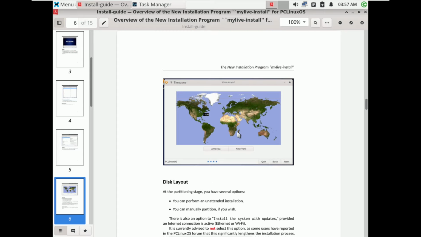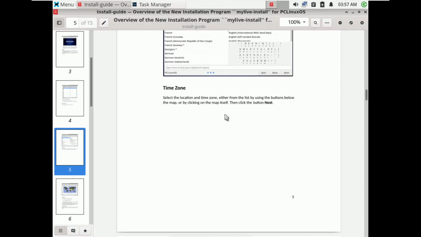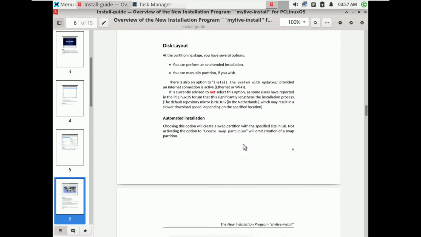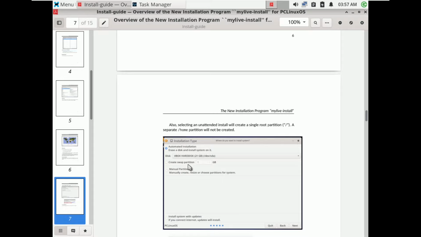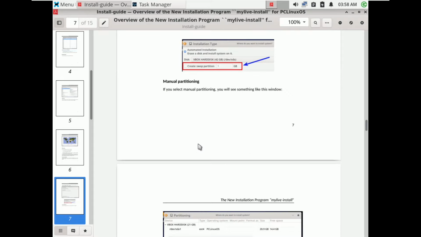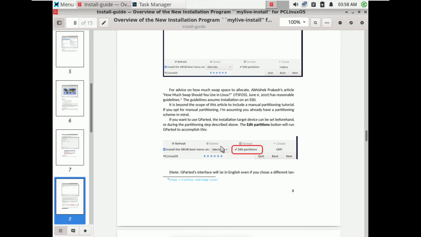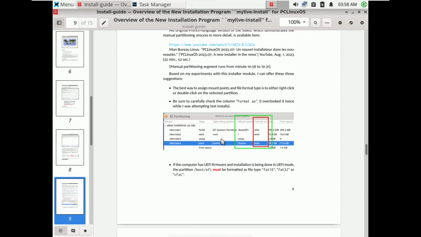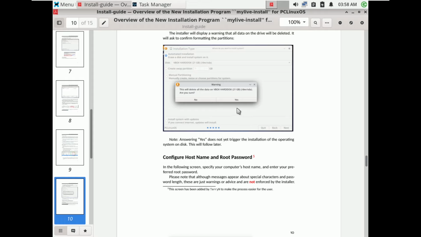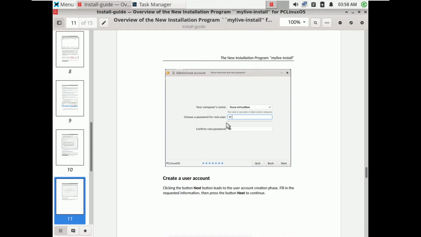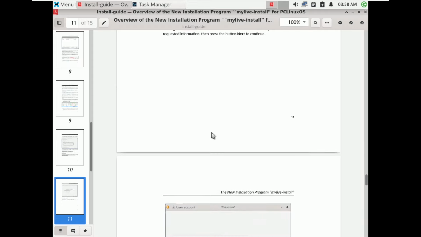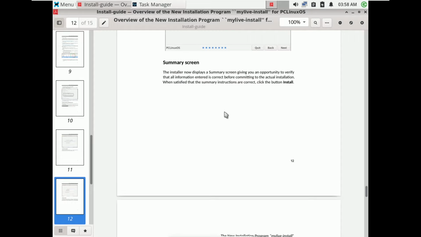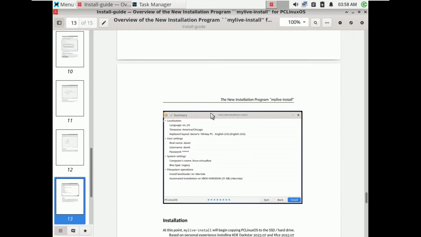You should be seeing the location, the keyboard, everything is the same. There is nothing complicated. Again, the same automatic or manual partitioning. So here is all the other information. So here you can install, you get the PDF here, so you don't need to worry about anything. User account creation is also the same. Summary screen, you should be seeing all the summary, whatever you chose in the previous installation steps